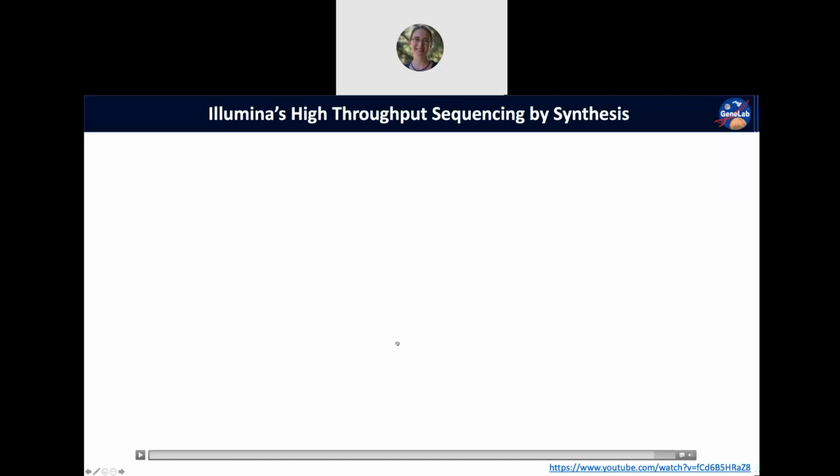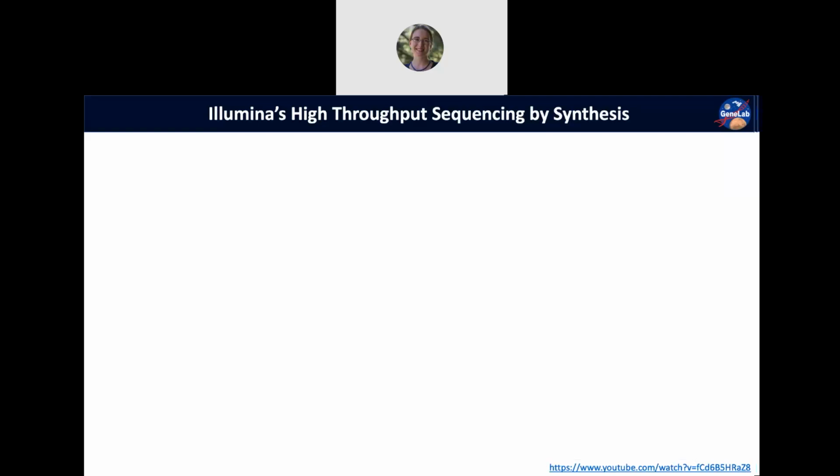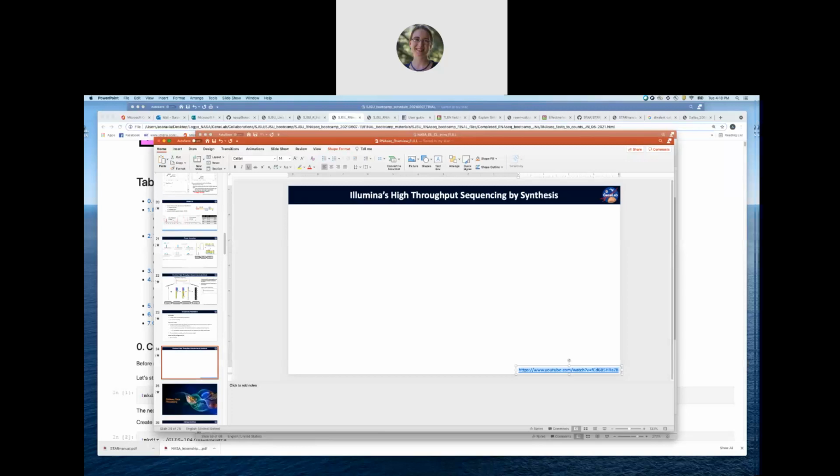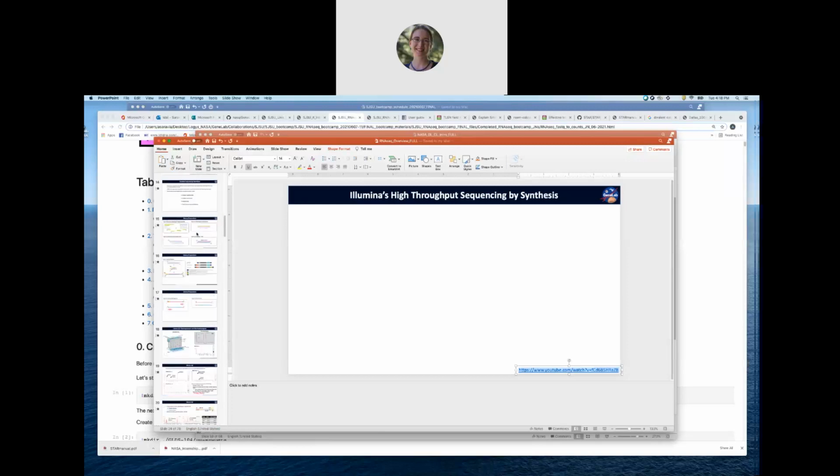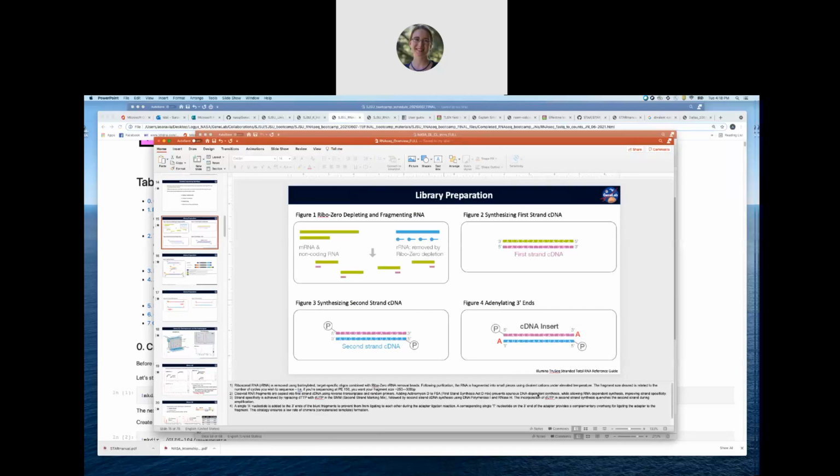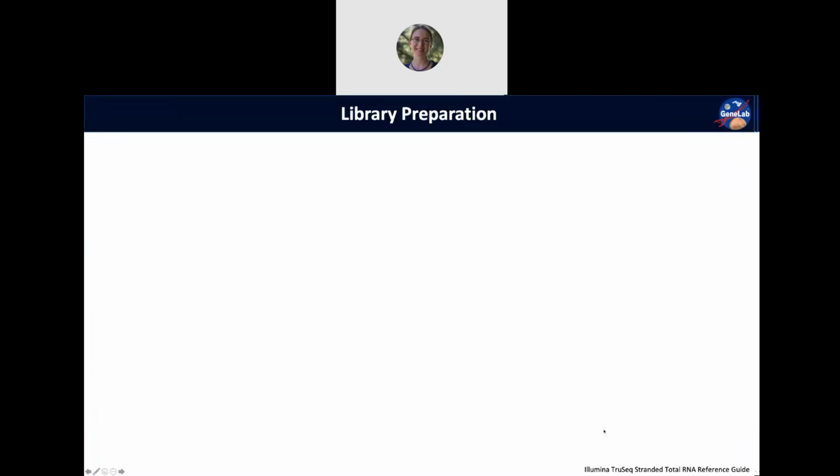Is the U addition in clustering or sequencing? So the U addition actually happens in library preparation. Is that what you're talking about when we create the strandedness, Rashi? Yeah, okay. Let me go back to that actually. So in the library preparation step here,